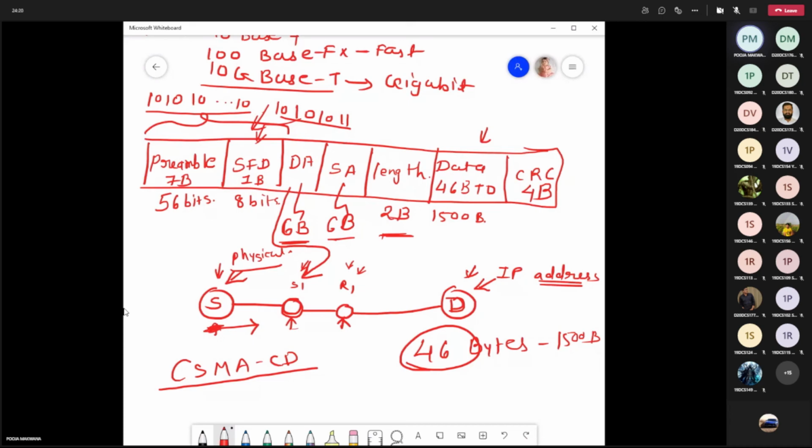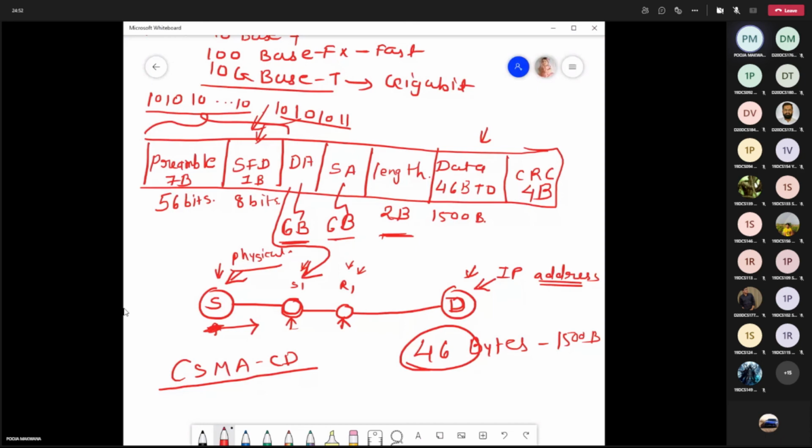So in order to avoid this collision, we need to ensure that the data size is long enough that the transmission will be going on whenever the first frame reaches the destination, and the propagation time of the transmission medium is less than the transmission time of the data, right?